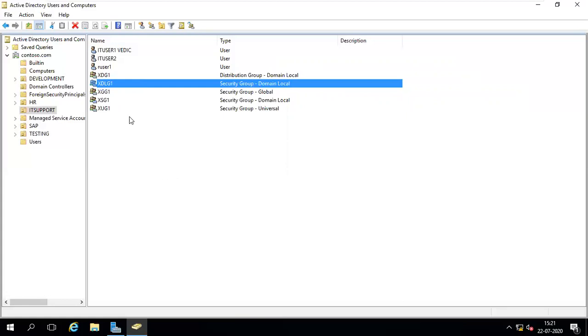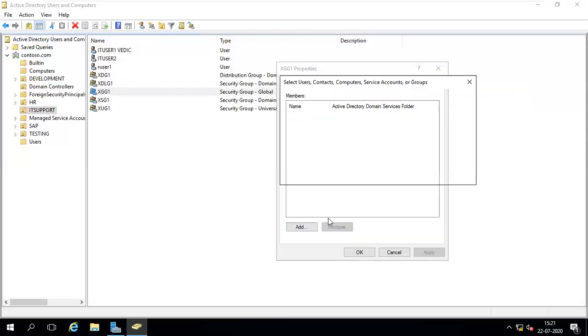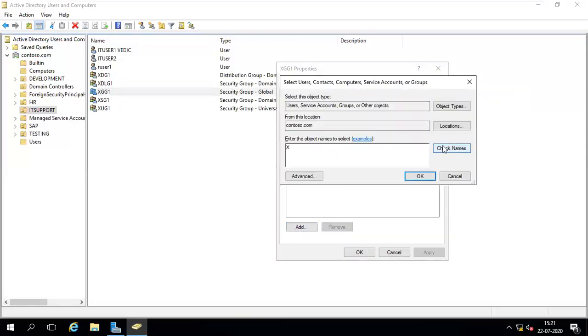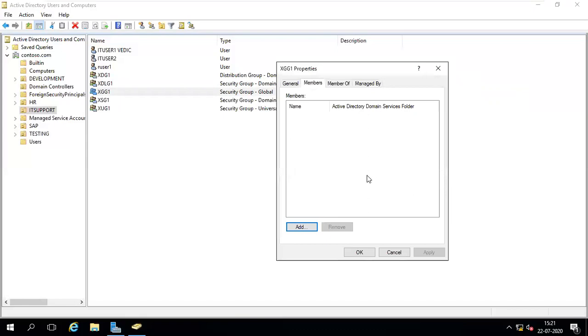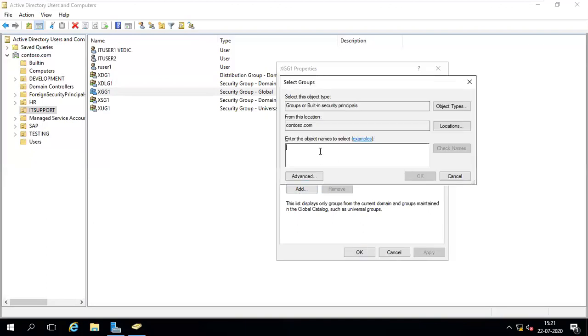Like that. If you go to GG members, add X, check it. Global group can be a member in a global group. It will accept global group only. Members means global group can be a member of any other group, but only global groups can be added to it. Now member of: if global group wants to be added to anyone, we'll check it.